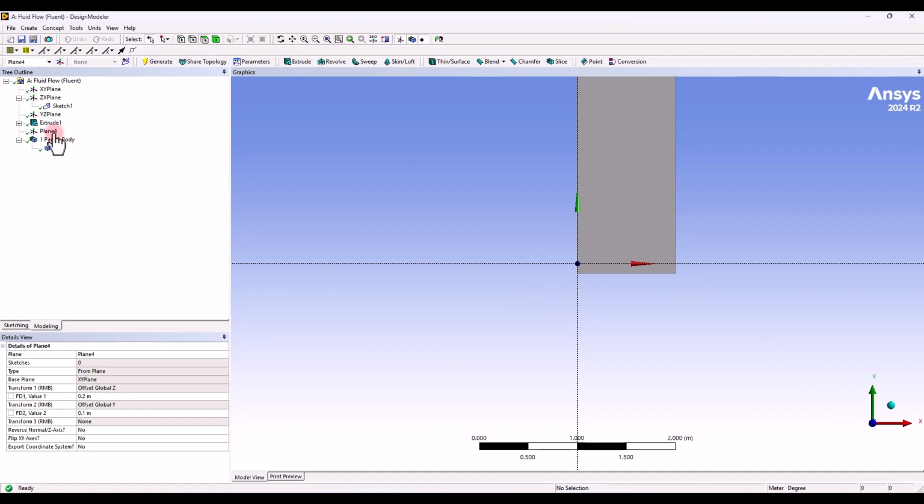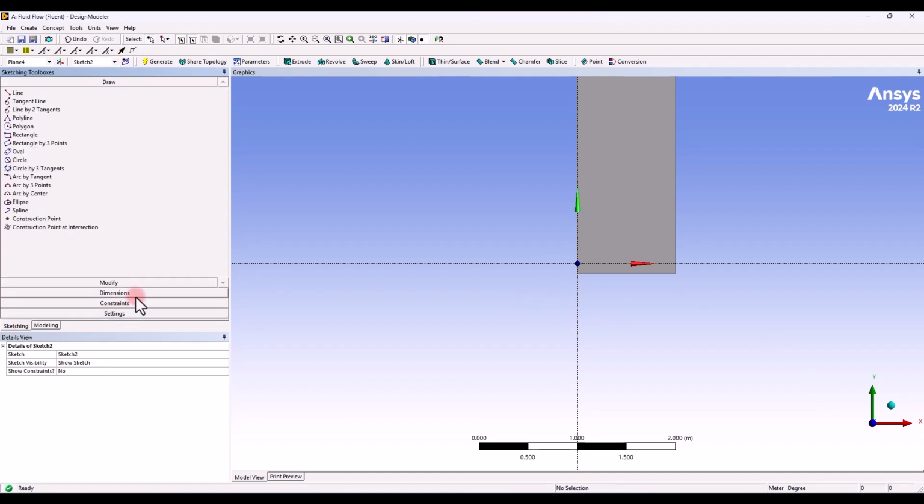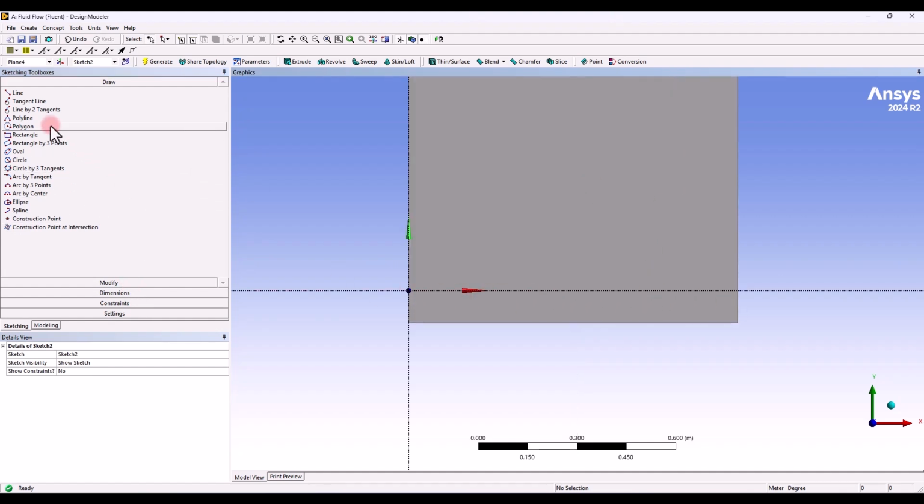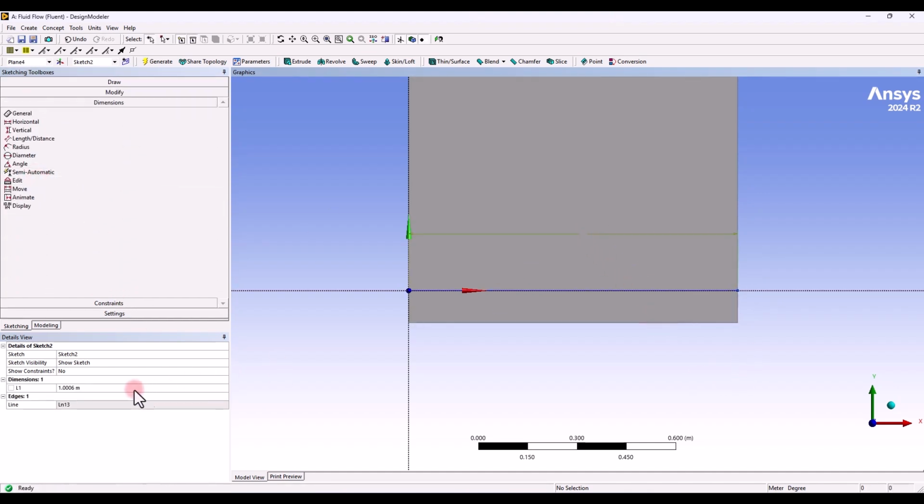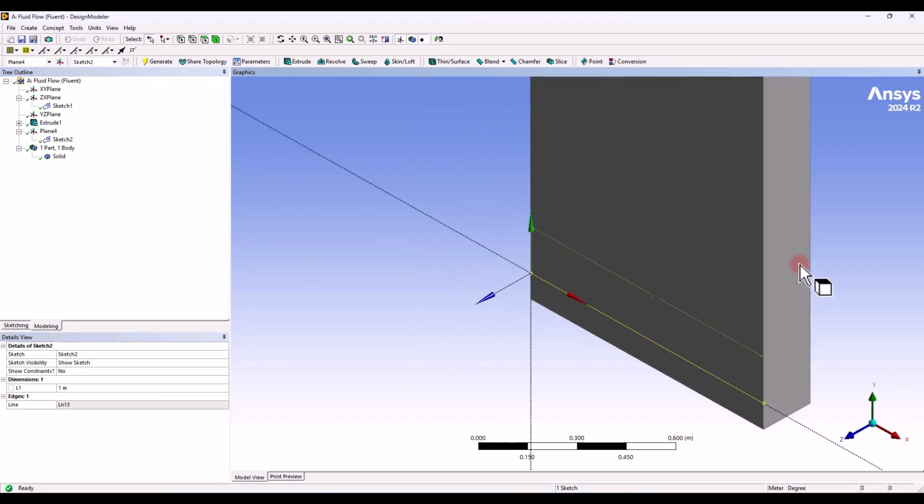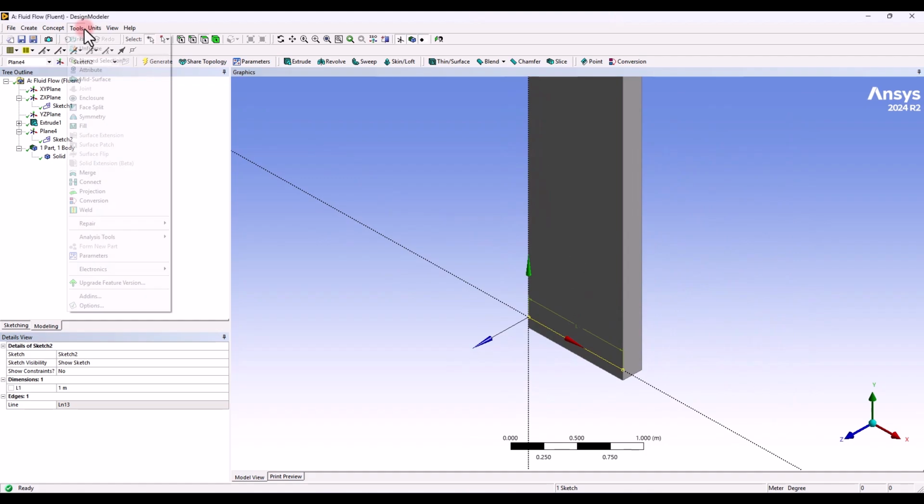Now on this plane, I can create my own sketch that I want to use in order to actually split the face on the front side. So this time maybe the line tool could be enough. I just draw a line like this. And within the dimensions tab, we could actually specify its exact length, which is 1 meter. Then I get back to my modeling tab, and from the tools tab, I want to find the face split